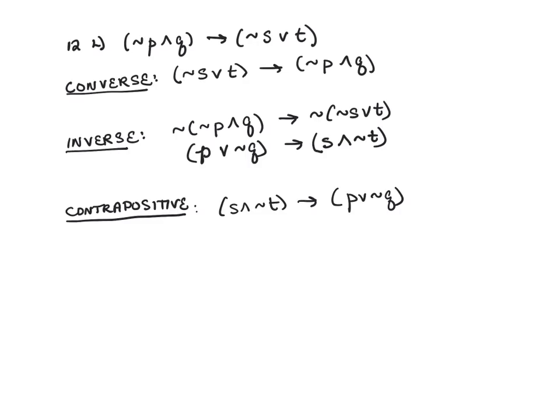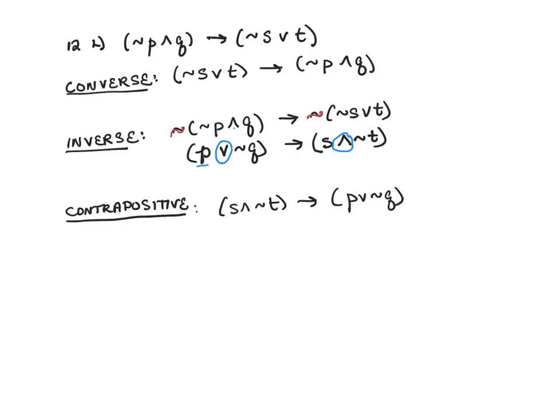Okay, here I've completed it for you. So the converse is easy. We just flip. The inverse, I wrote this one out. I didn't want to do it in my head. So I negated the antecedent and the consequent. I wrote it this way. And then using DeMorgan's laws, the and becomes or, and the or becomes and, then we have to negate each piece. So we double negate